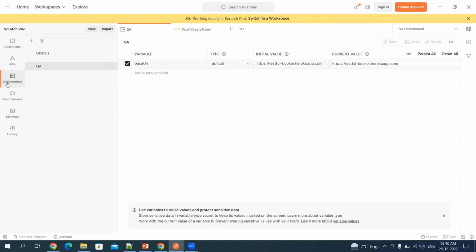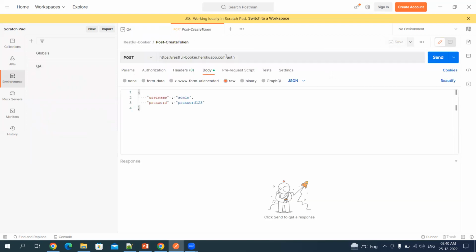Now we have to make use of this variable in the request itself. To make use of this, what we have to do is add curly brackets in this. You will add base URI. Okay, and let's save this. And if you hit it for the first time,